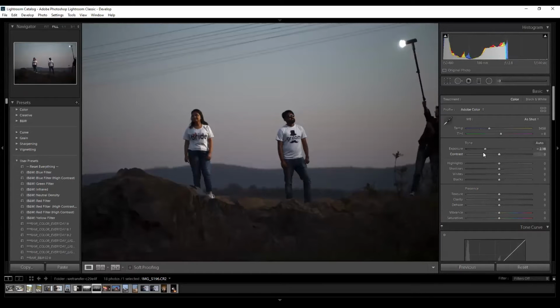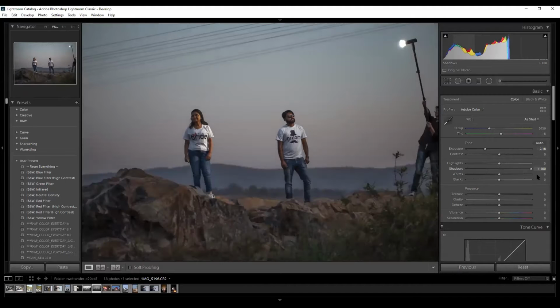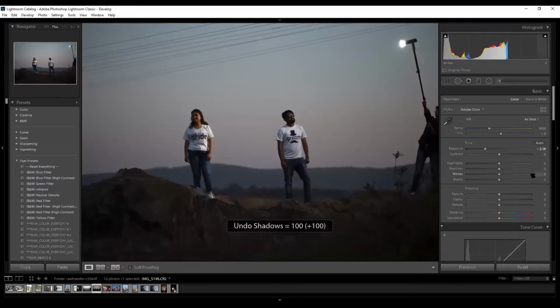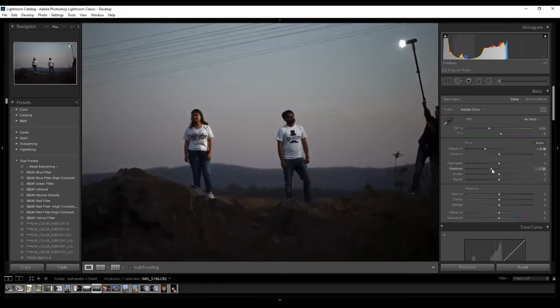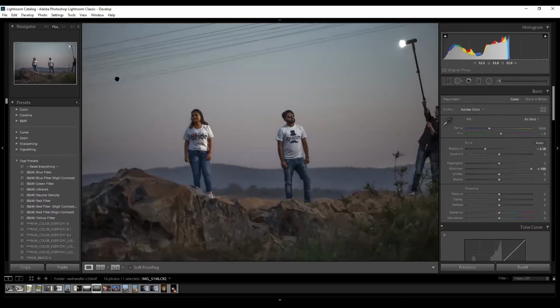Now this is the underexposed image. If I try to pull the shadows, it will bring up the shadows, but it will change the colors of the image, the saturation of the image. Can you see as I pull the shadows? It's only working on the shadow areas, not working much on the background in the highlight areas.